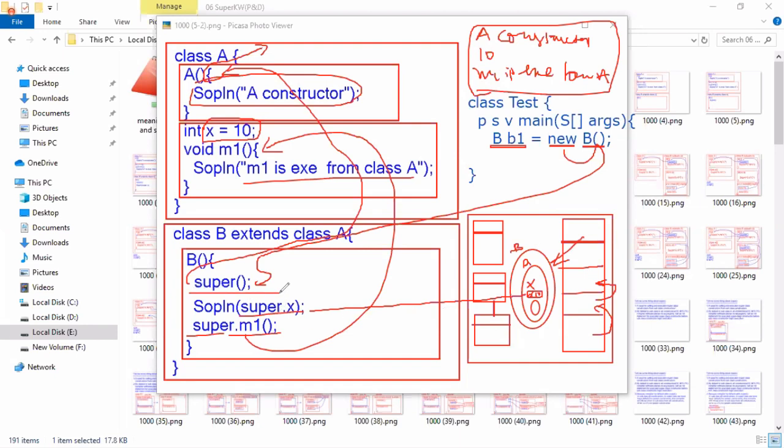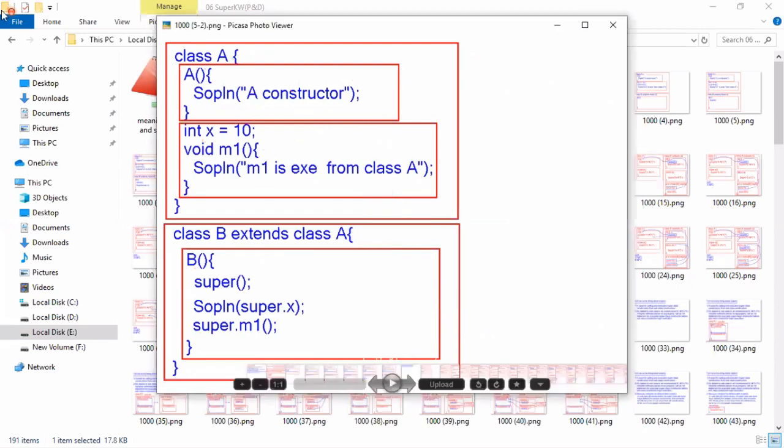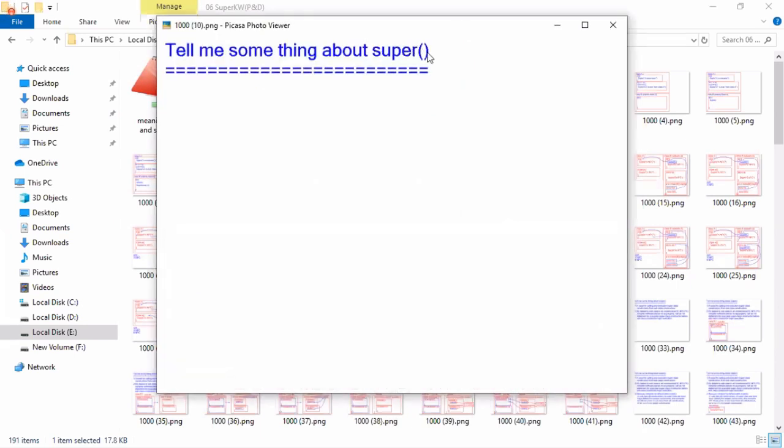So what is the use of super()? Super() is used for calling the super class constructor. Why must we call the super class constructor? We must call it for initializing super class variables in a subclass object. Who will provide memory to the super class variable in the subclass object? Is memory provided by the super keyword or the new keyword? New keyword. The new keyword is responsible for providing memory to both subclass and super class members. Okay, now let us try to understand all points related to super(). There are 4 to 5 points on super().